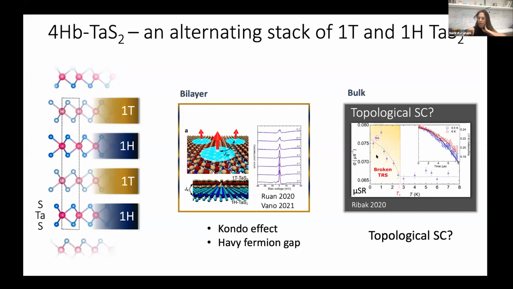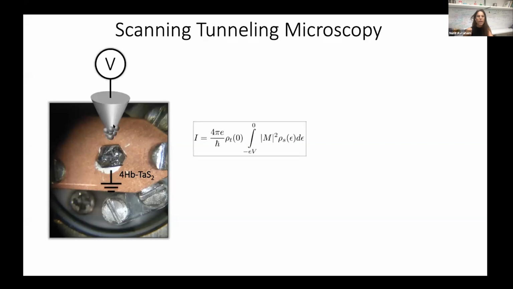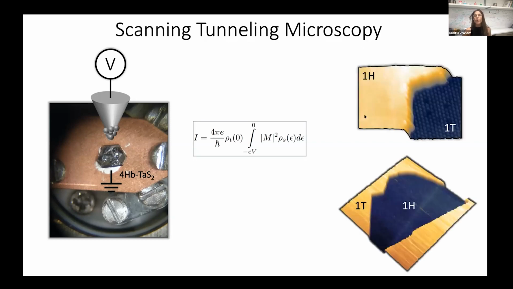microscopy. So what we do is the following: we take a sample of 4Hb tantalum disulfide, we put it in our system in UHV condition, and we cleave the sample to expose nice, clean surfaces that can be measured using scanning tunneling microscopy, and we bring an atomically sharp tip to close proximity with the sample surface. And we measure the tunneling current between the tip and the sample, and since this tunneling current is extremely sensitive to the distance between the tip and the surface, we can measure the topography of the sample